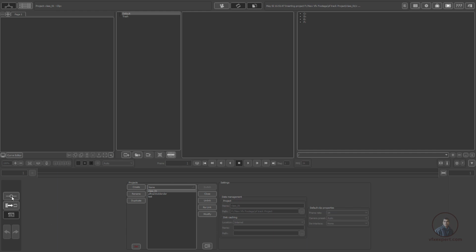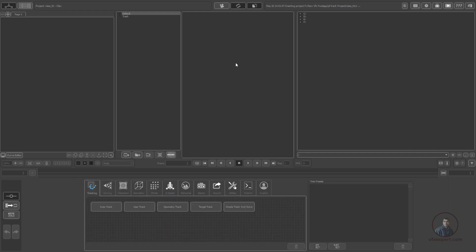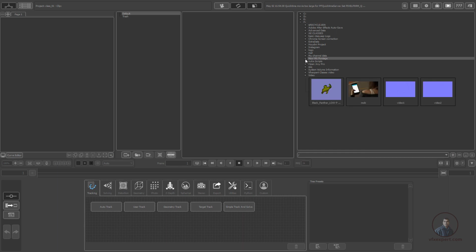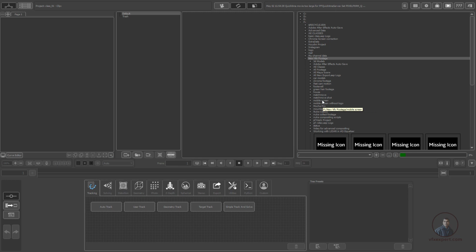Then finally we have to click on this option. You will get all these options when you create a new project in PFTrack. Now first I am going to show how we can import footage, then we will cover the entire PFTrack user interface, because the PFTrack user interface is a little bit tricky. So first we have to import our footage. On the right side you will get the file browser. From here you can directly select your folder from your drives. Suppose in the F drive, click on the F drive, then the new VFX folder. Open this one. Then inside this I have a folder.